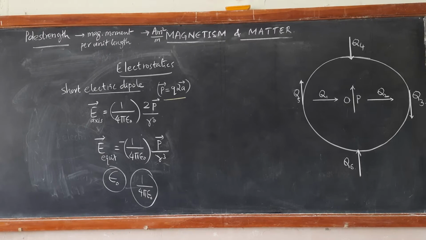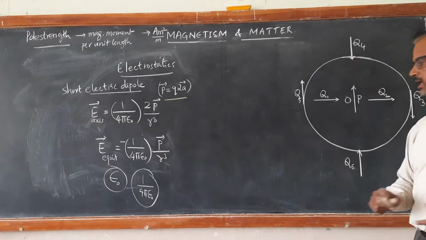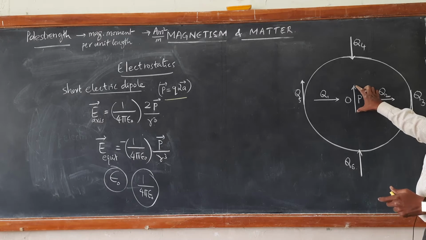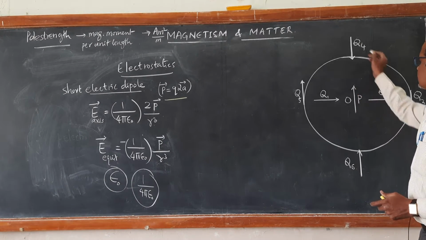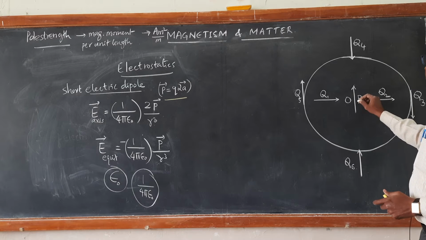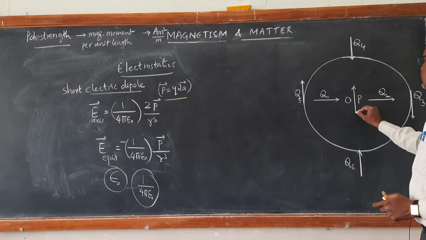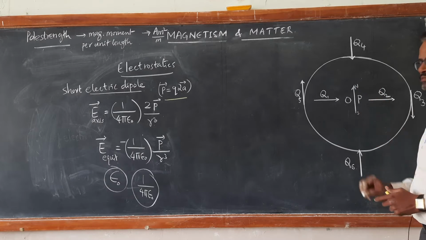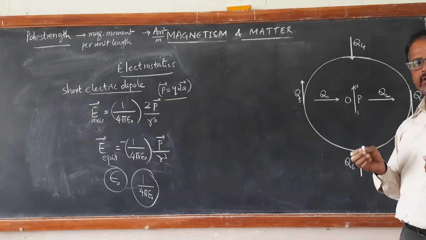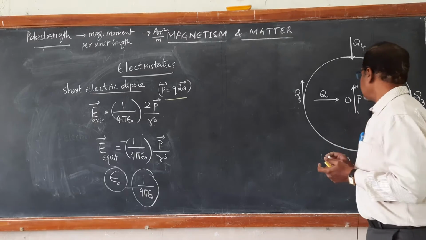Look at this diagram, very interesting. There are two dipoles. P is one fixed dipole here, which is at the center of this space. It is having its dipole moment in this direction. Think that this is acting as north pole and this is acting as south pole. This is applicable even for electric dipole also, right?